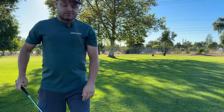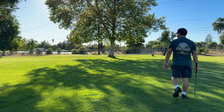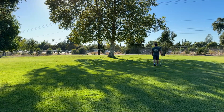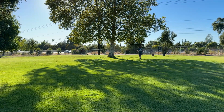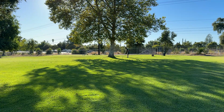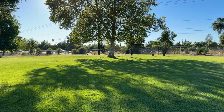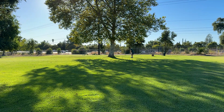Right now I'm just using a little 60-degree wedge, trying to hit a couple little chip shots. I like to start off and hit them and just get the feeling of my swing in general. I am a noob. I've been golfing for probably a year and a half, maybe a year and 3-4 months or so. But in general, I really enjoy it. In the beginning, I'm sure a lot of golf noobs, and I still am a noob, or as they say, amateur,